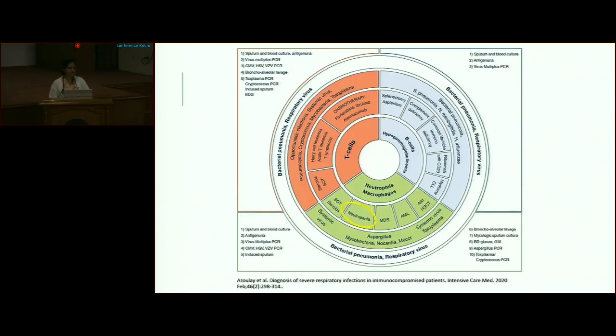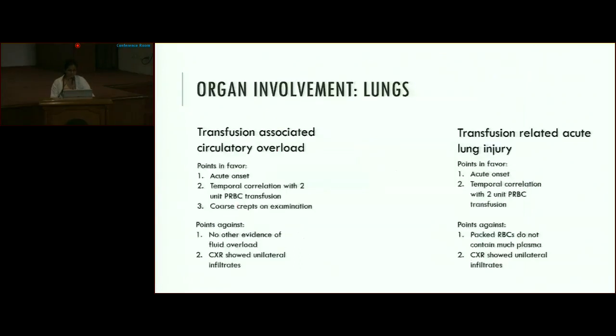So even though lower respiratory tract infection remains a high possibility, we still cannot rule out TACO or TRALI because the points favoring them are an acute in-hospital onset and a temporal correlation with 2-unit PRBC transfusion. But the points that go against both of them are the fact that chest X-ray showed unilateral involvement, and the point that goes against TRALI is the fact that she was transfused with packed RBCs and she did not receive FFP, and TRALI is known to be caused mostly by